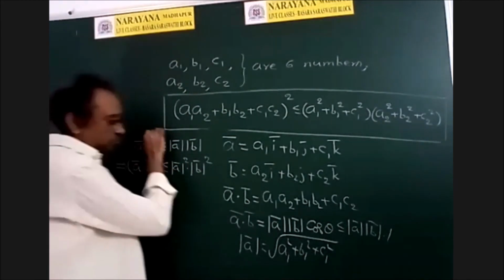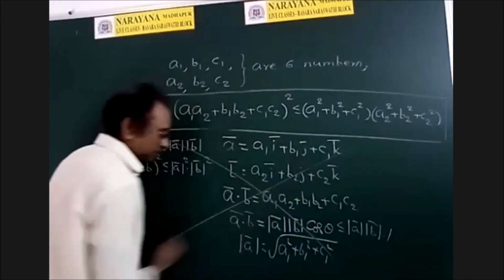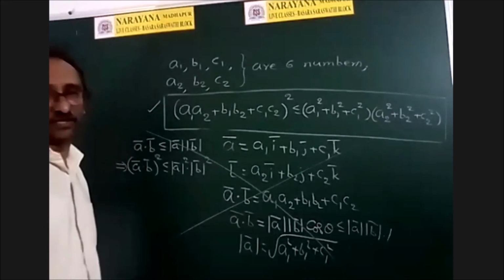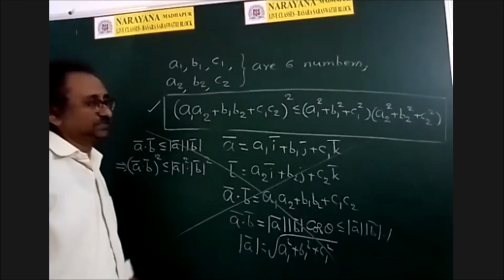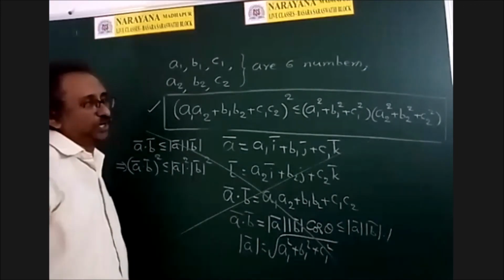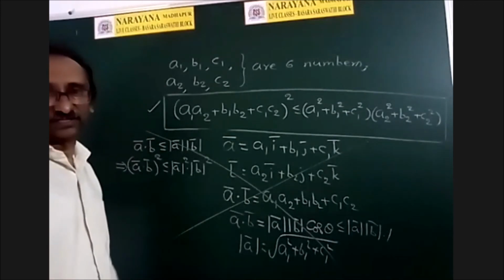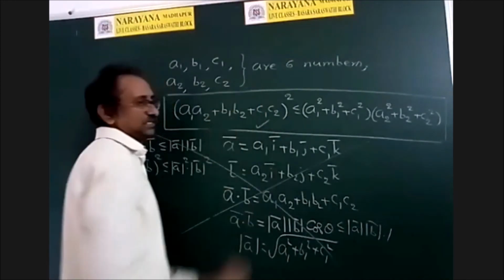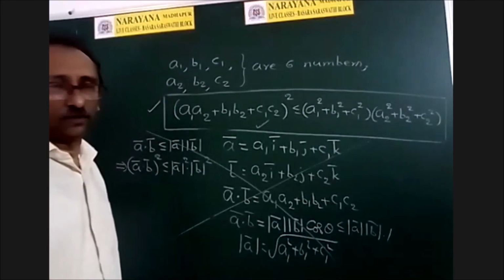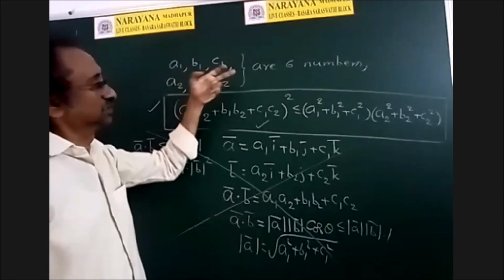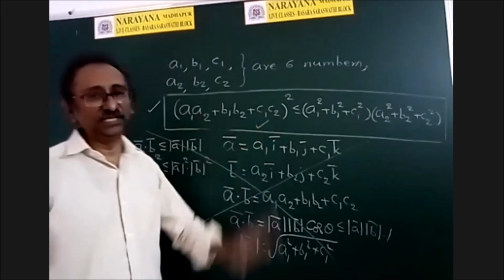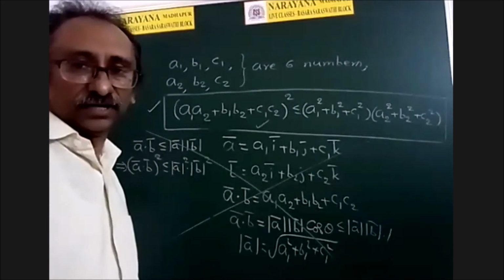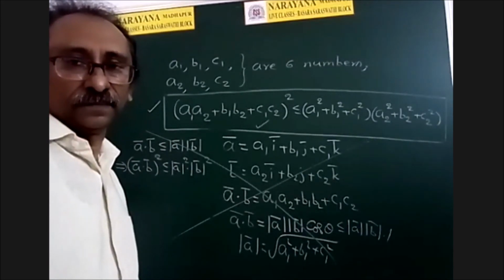If you don't know even about the vectors, just forget about this. Simply remember this as a formula, that's all. Suppose you may ask, sir, we just joined, so we don't know about vectors. We didn't hear the topic. Don't worry. This is the result, just like A plus B whole square. Whenever there are 6 numbers, you can always write this inequality, which is called the Cauchy-Schwarz inequality. Then I will ask Srijit Reddy.